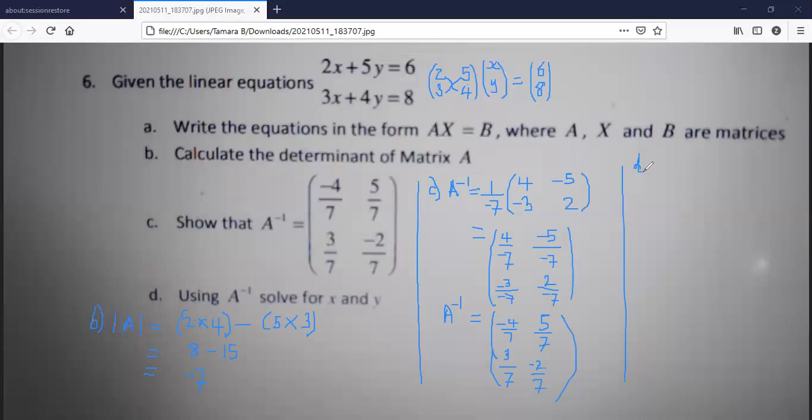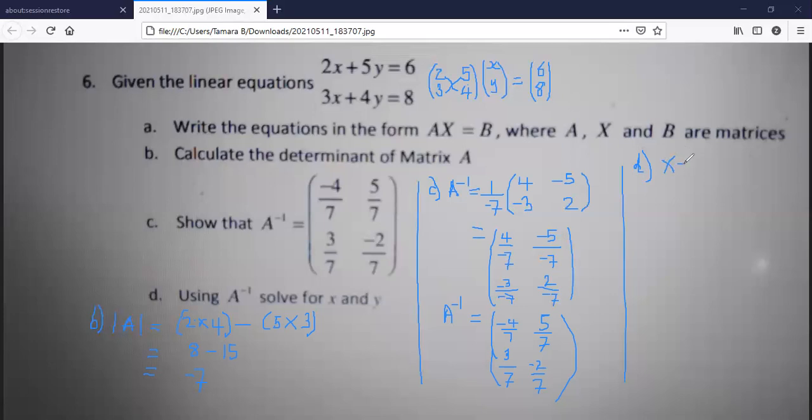All right, part D of the question. Use the inverse to solve for x and y. So that means you're solving simultaneously the linear equations using the inverse. So guys, you're using the matrix method. So at this point,